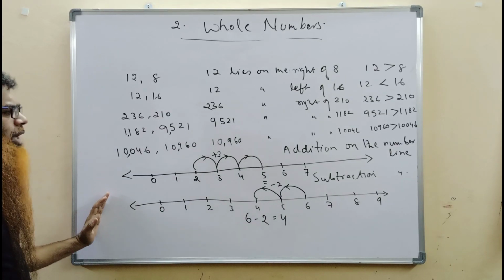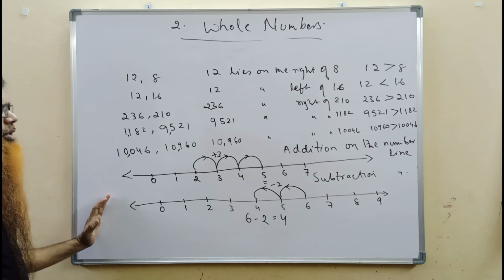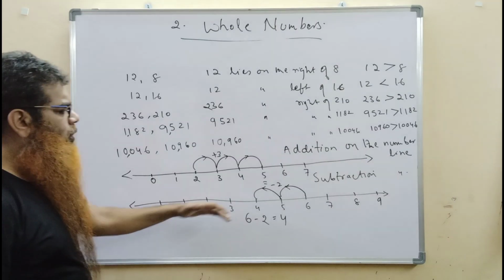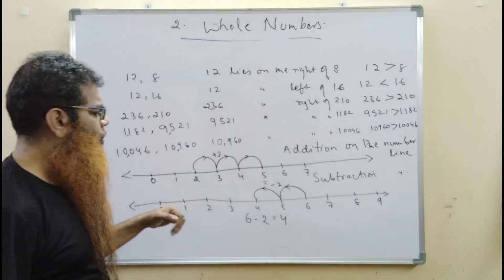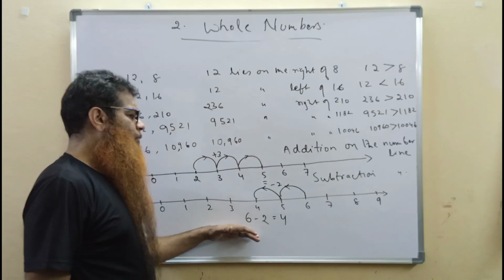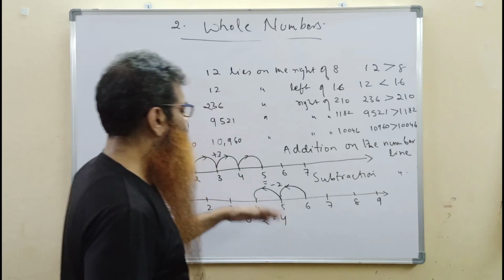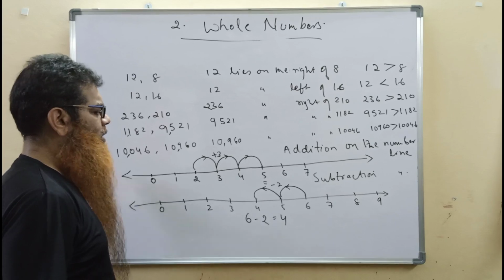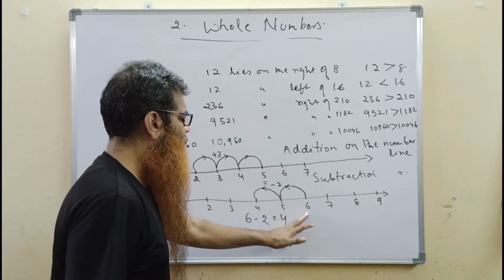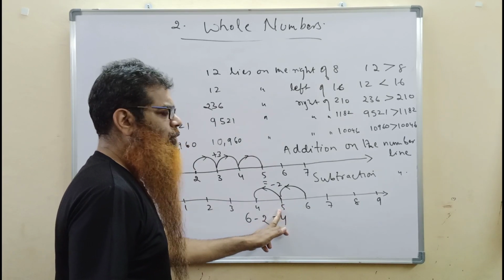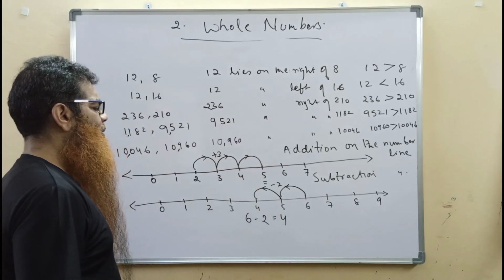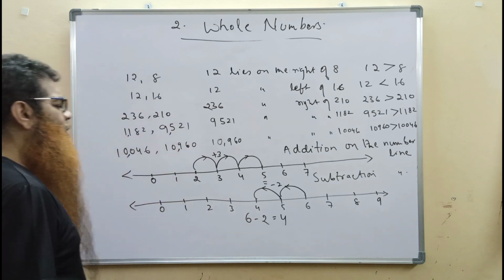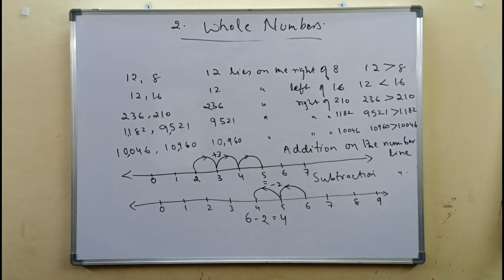Showing subtraction, the next operation, on the number line depicting whole numbers 0, 1, 2, 3, 4, 5, 6, and we are trying to show 6 minus 2. When we subtract, we jump towards the left side. When we go towards the left, we are subtracting. That means 6 minus 2. After 6, we come to the left to 5. Then another number to 4. When we jump 2 times, we end up at 4. 6 minus 2 is equal to 4.